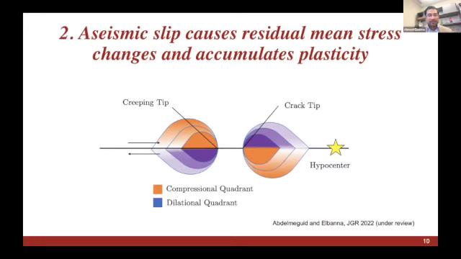Another reason, which is really specific to the cycle simulation, is that during the interseismic period, we have aseismic slip fronts advancing into the velocity weakening region. And these creeping fronts carry their own stress perturbations, so they can influence the tension and compression perturbations differently from the seismic rupture propagation. And also, they may carry their own plastic deformation. So there's an effect coming in the interseismic period that will affect the subsequent coseismic plastic strain accumulation.